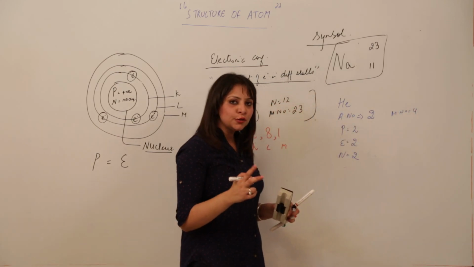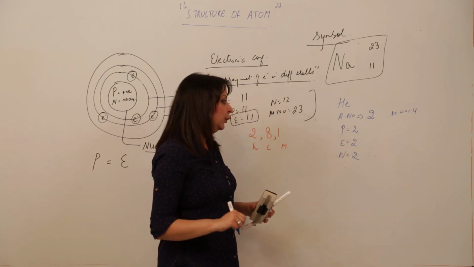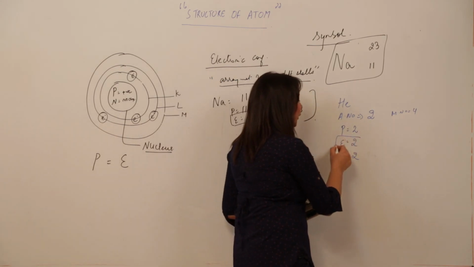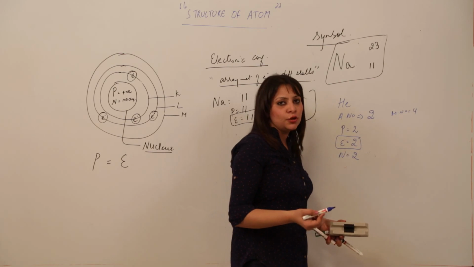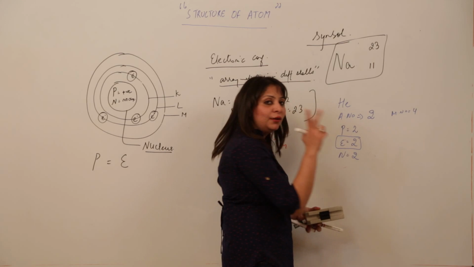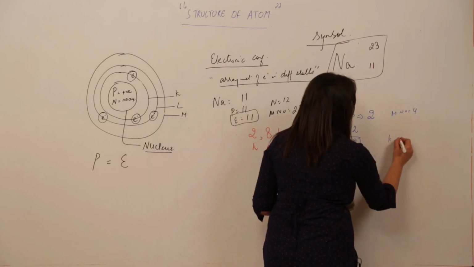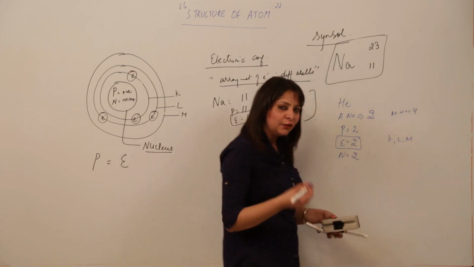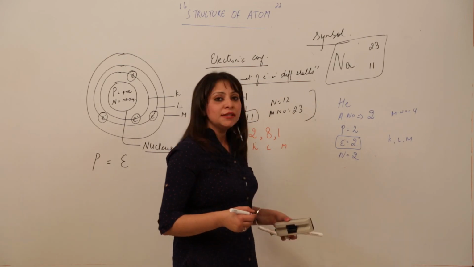So that means proton 2, electron 2 and neutron 2. Now looking at the configuration, for electronic configuration we use only the electrons because it is actually the arrangement of electrons in the shell. So it has got only 2 electrons. So let us write the name of the shell starting with K, L, M, then we will fill it. See, the electrons are 2.